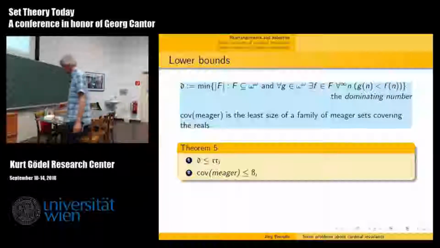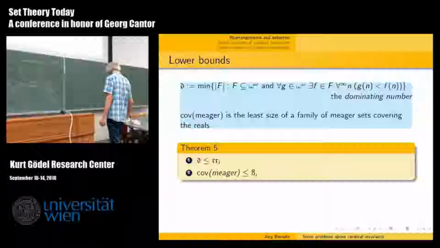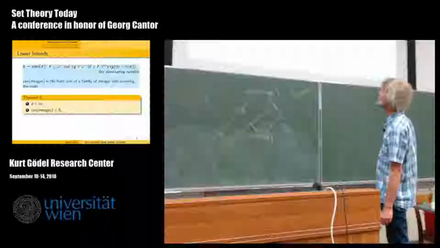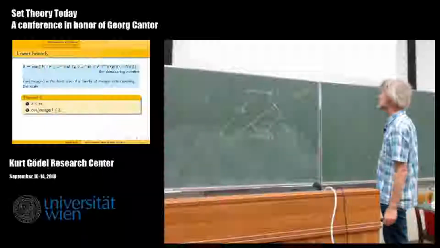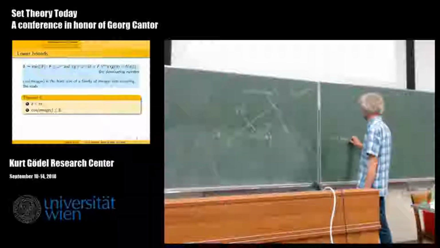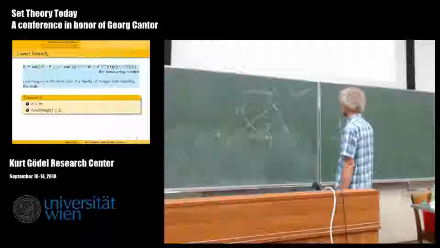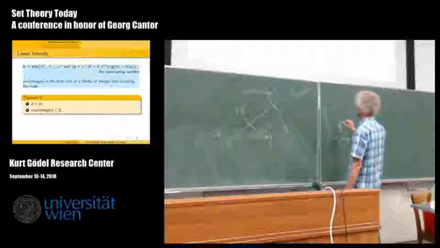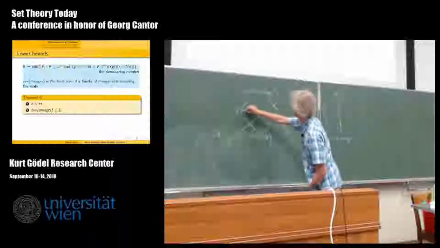Again, these are not very difficult proofs. Let me see. So now I think the diagram gets a little bit difficult if I continue drawing this. Covering meagre, I should of course say that covering meagre is actually below D. So this is below D, and then we get double Si and double Ri is even above this one. And here, of course, we have these relationships.